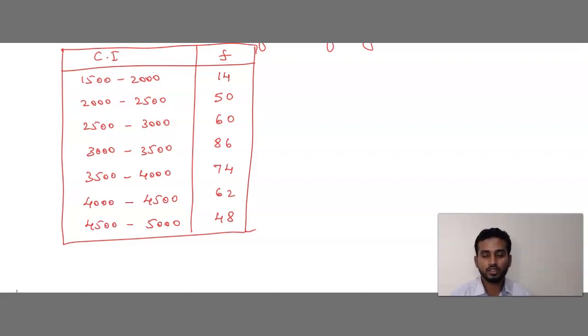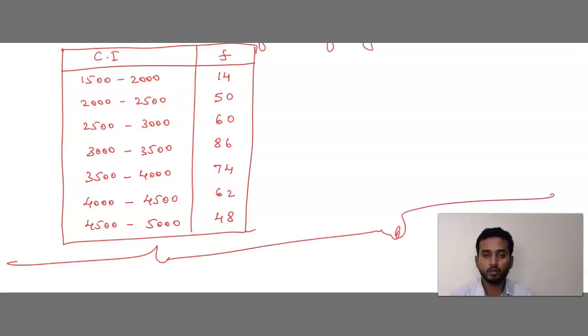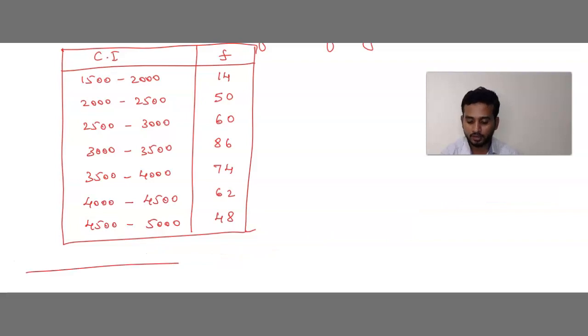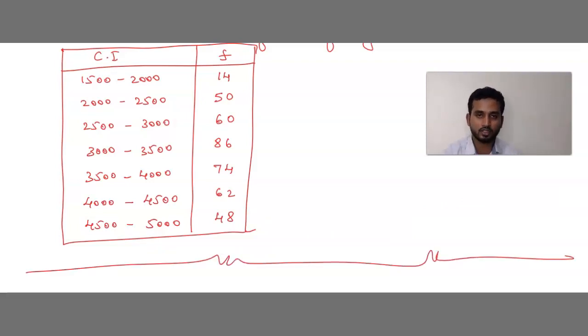So this is the end of the chapter statistics. You will be getting the video for the Ogive curve separately. I hope you all know the Ogive curve and how to construct it. The basic structure remains the same, only you have to plot these values on the curve. Wish you all the best of luck, do well. So we have covered almost all the various types of problems related to statistics: mean, median and mode.